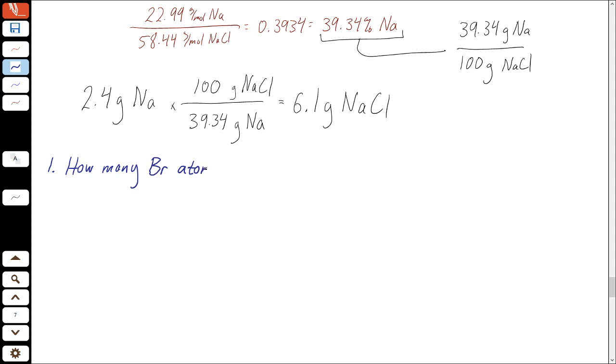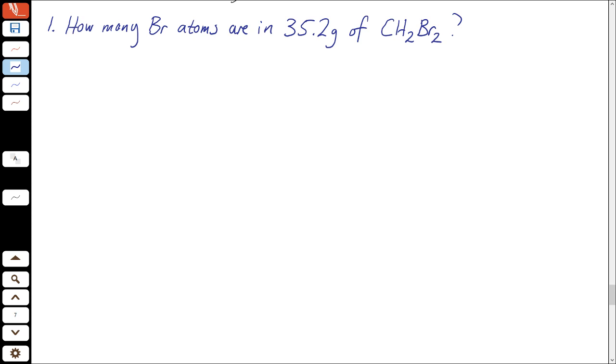how many bromine atoms are in 35.2 grams of CH2Br2? CH2Br2, dibromomethane. Sorry, that's one compound. I kind of wrote it weird. Okay, so give that one a try. If you get that one,